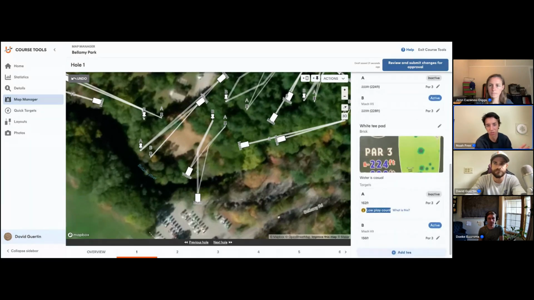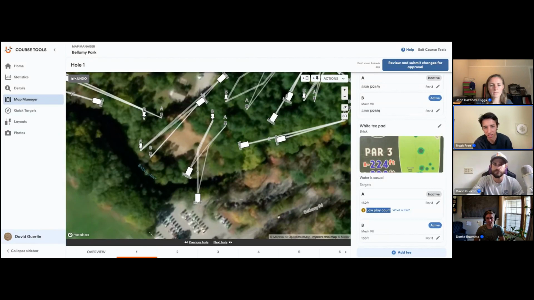So this can be used to decide to put the baskets in positions that do not get played as often, and then once you do that, within no time, especially if it's a busy course, you'll have people playing that basket T-pad combination, and then this message will go away, and we will have enough data to accurately contribute that hole